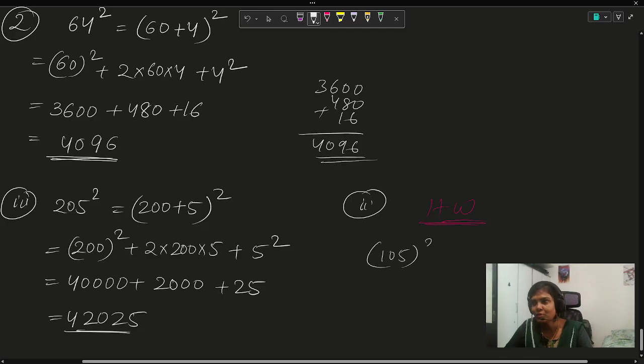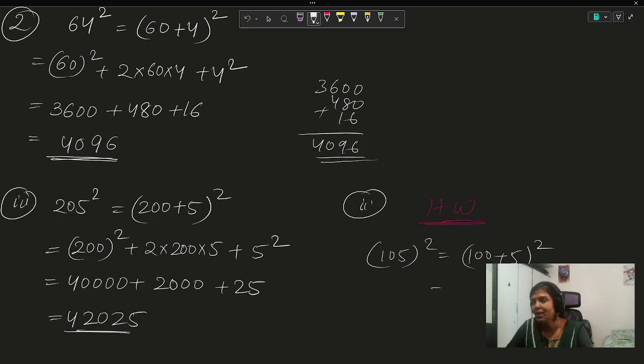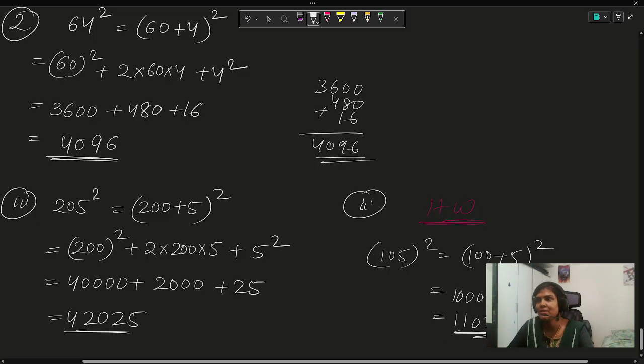105 whole square, that is 100 plus 5 whole square, and the answer is 100 square, that is 10,000, plus 2ab, 5 2s are 10, ab, plus b square, so we will get 11025. This is the answer for the second part of question number 1. Okay,